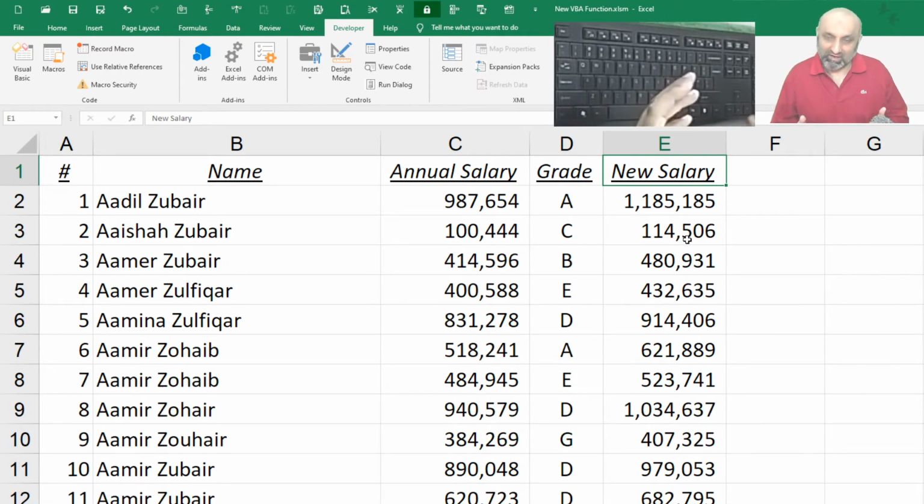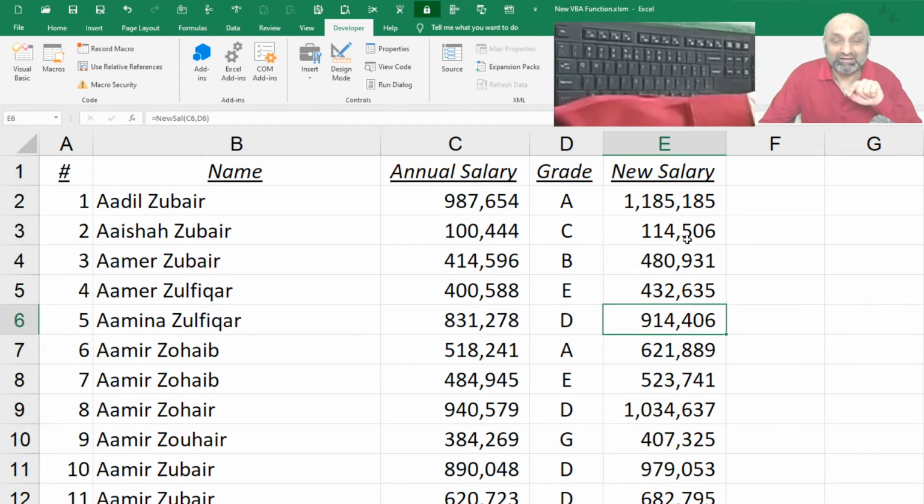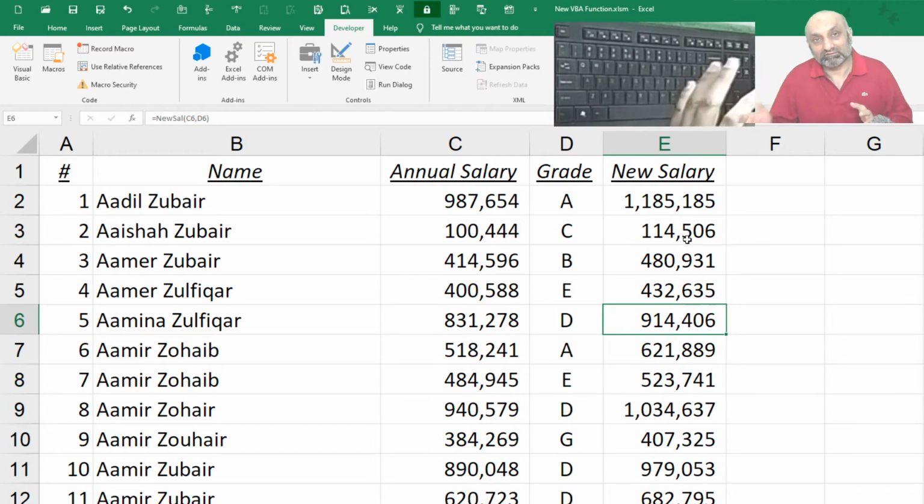Because right now I am recording this video, PowerPoint is running, Excel is running, so my system is a bit slow. But if instead of using this function, it had been if this then this, if this then this, so nested ifs 5000 times, my computer would have been dead slow.